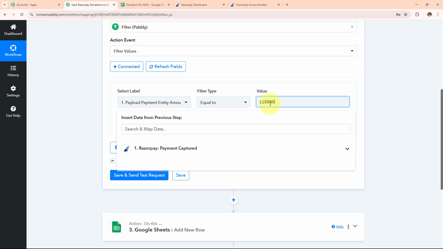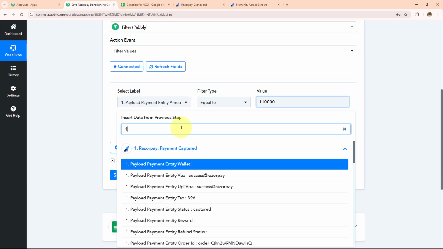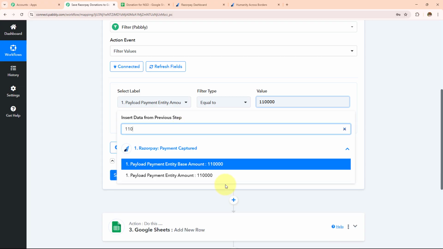Here I have received the response in this format. I'm going to show you this once. This is the amount which I have received because JSON does not support the decimal value and I received the response without the decimal value. So here we have done the payment for 1100 and here it is showing 1,10,000. So I have entered that.